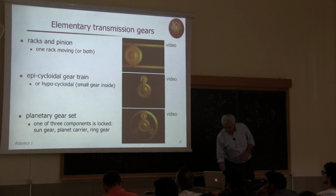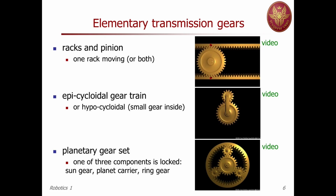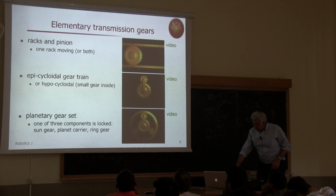So let's see a few elementary transmissions here. I've downloaded this from the web. There are, again, a huge number. I like this for the colors. Essentially, I've chosen this. So on top, you will see the so-called rack and pinion structure. And in this video, the first one,